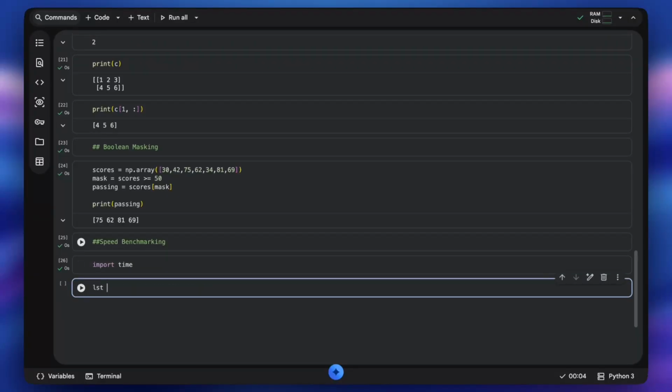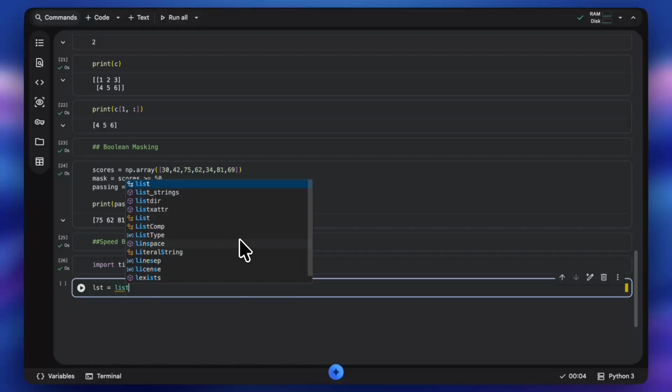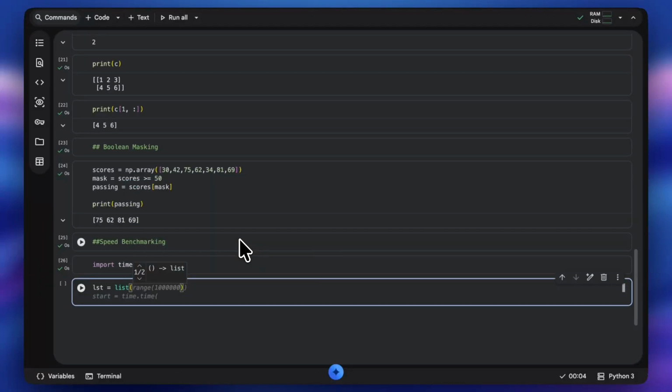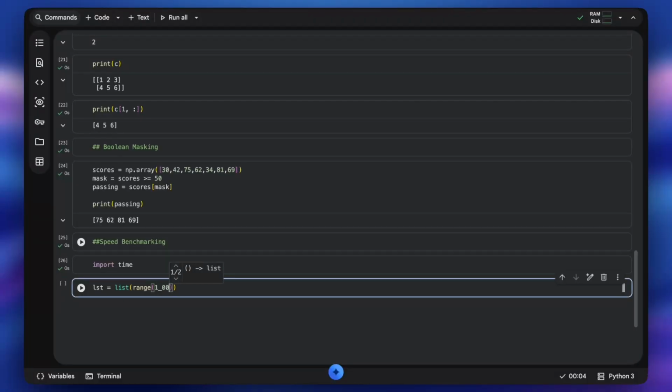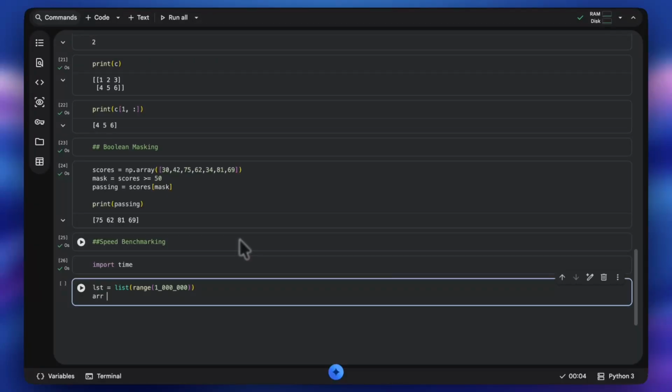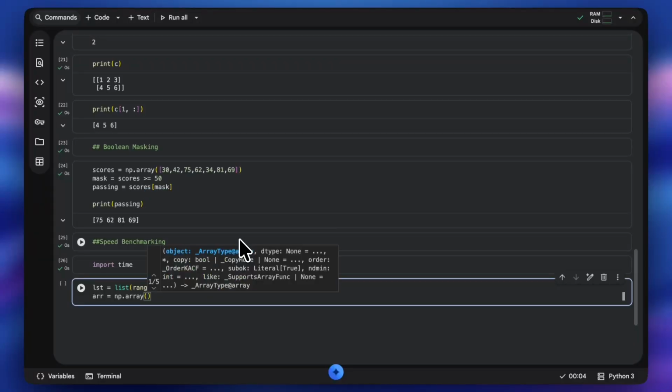Now let's create a list and let's set a range of 1 million, right? So we set a range of 1 million and then let's create a NumPy array too, right?